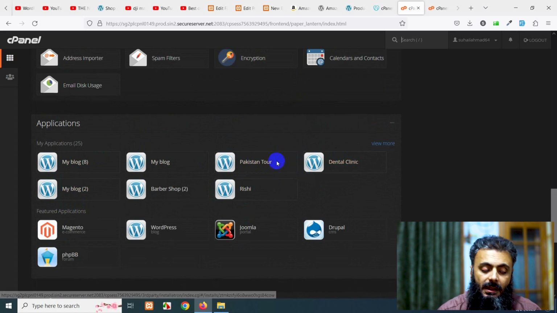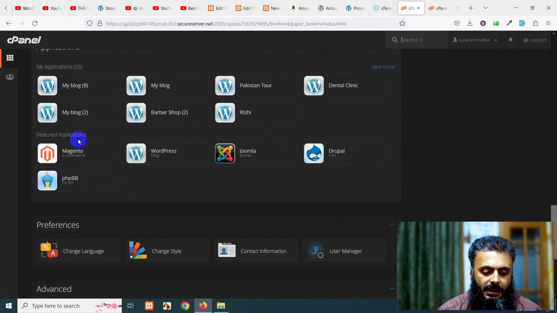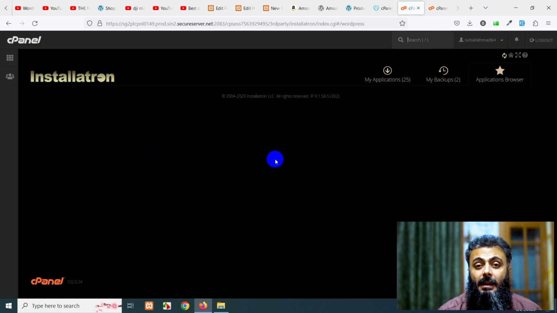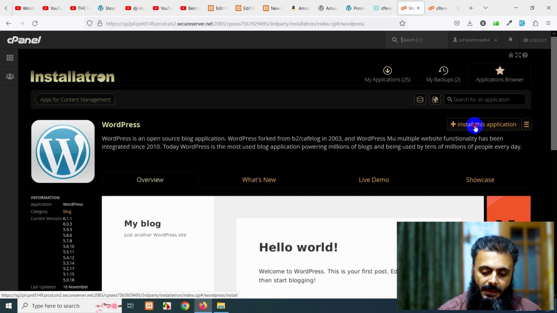These are already installed or already added websites in my cPanel. Okay, here is featured applications, WordPress and blog. So click here, and the application browser will be open. Now here you must click on this install this application, which will be installing a new website rather than editing any existing website. Click on install this application,